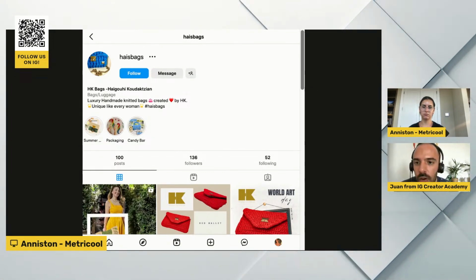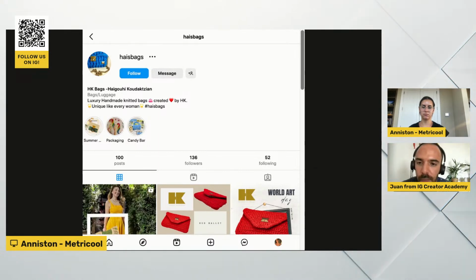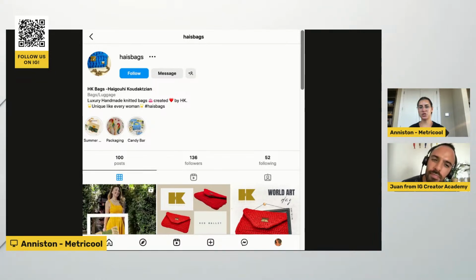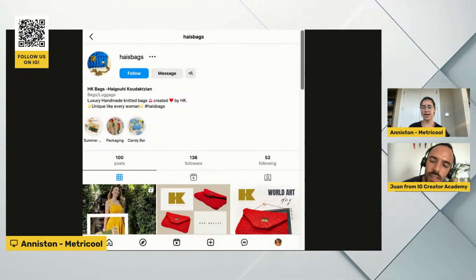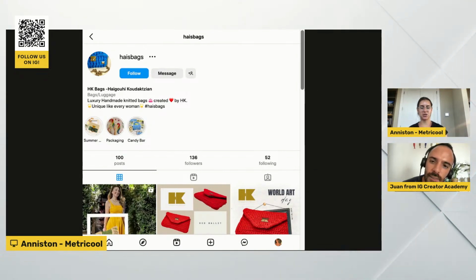The profile photo is a bag. I think it's a little confusing to have the HK bags, because I think that's the founder's name. Yes, it's a little bit confusing if the account is Hayes Bags and then it's HK bags. So maybe having that clarification.